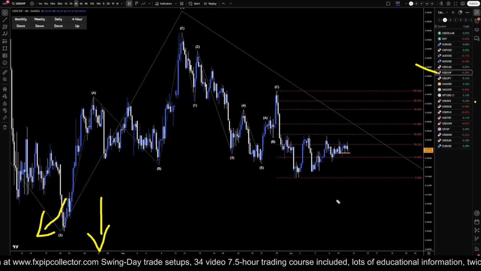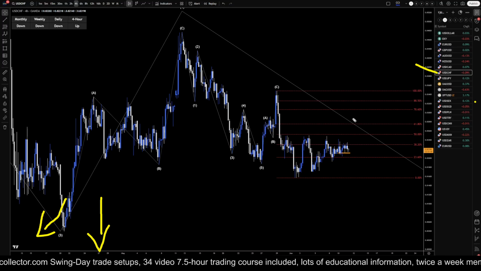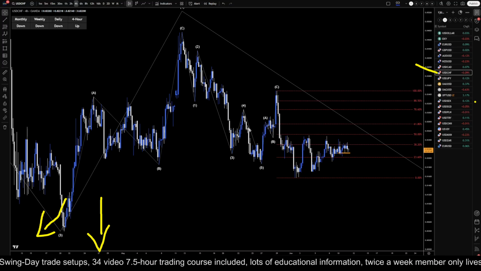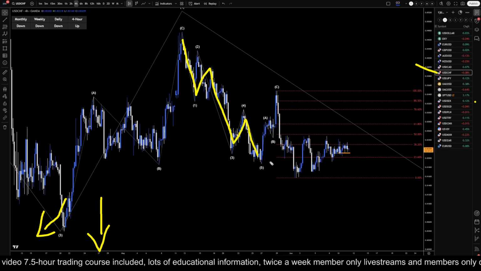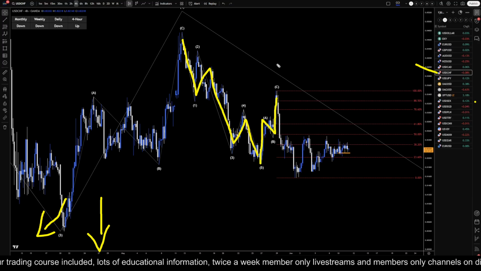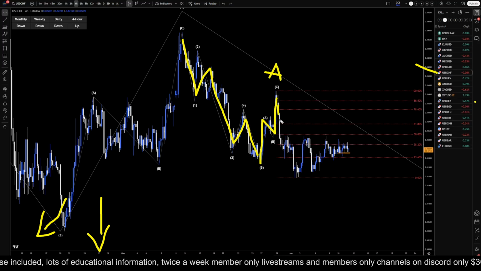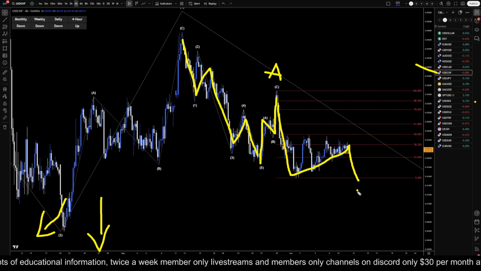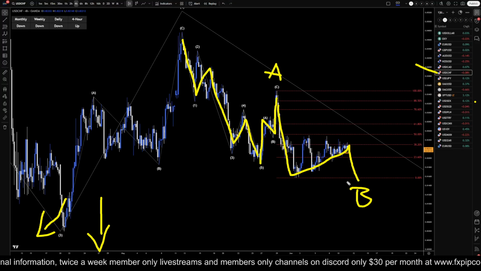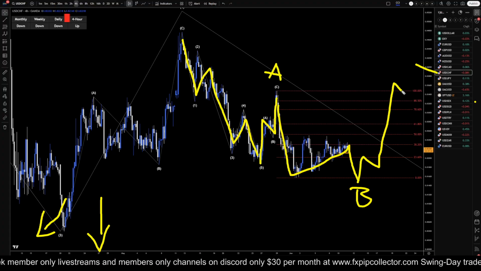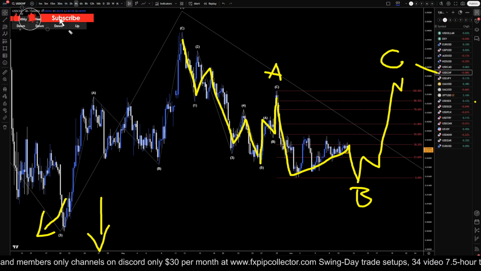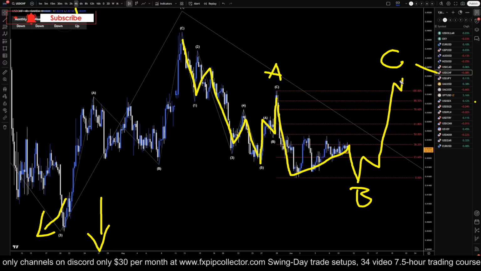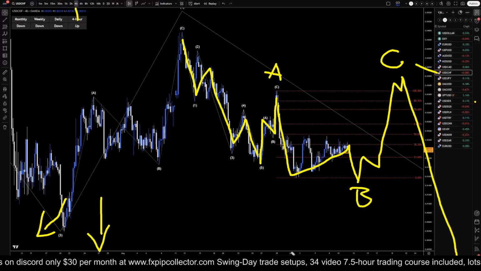So anyways, on the US dollar Swiss 4 hour time frame, I think we potentially are looking at some sort of a complex pattern here because we have a 1, 2, 3, 4, 5 down. I think this is potentially like an ABC of A, and then this is like 1, 2, 3 down for like a wave B, and that's going to be a lower low wave B, why I call it a complex pattern. And then I think we potentially could set up for a wave C, and then, potentially in a week or two, because this is the 4 hour time frame, I think that is when we're going to get the